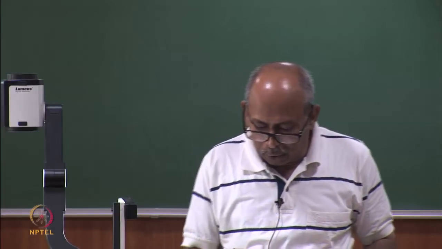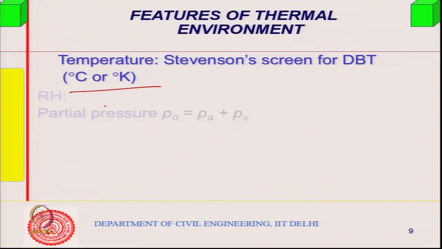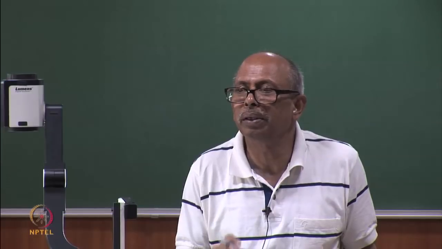So, we talk in terms of relative humidity, and in terms of moisture content. If I denote relative humidity by phi, it will be the moisture content, which we denote by G, as we shall be doing in this class, divided by Gs, the saturated moisture content at that particular temperature. That is how we define relative humidity.